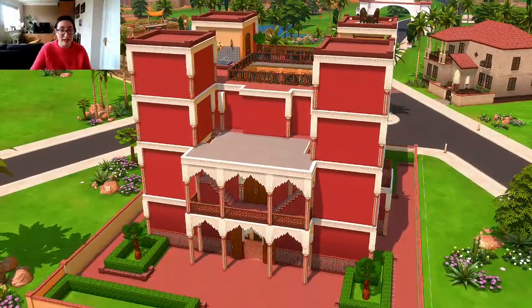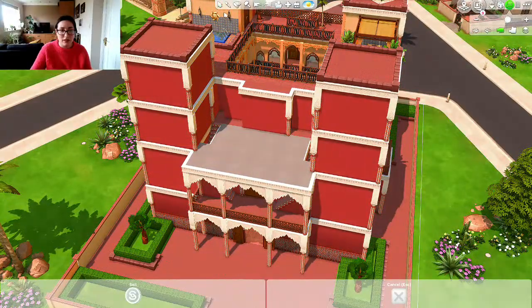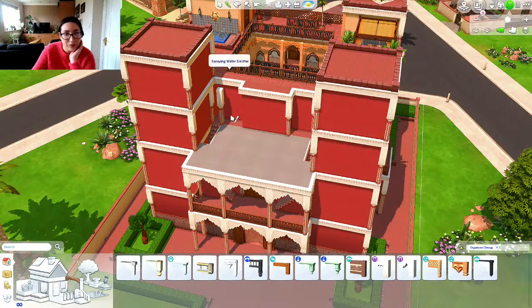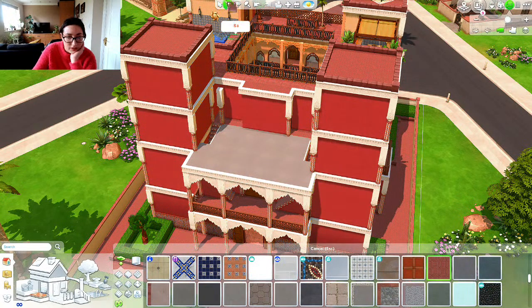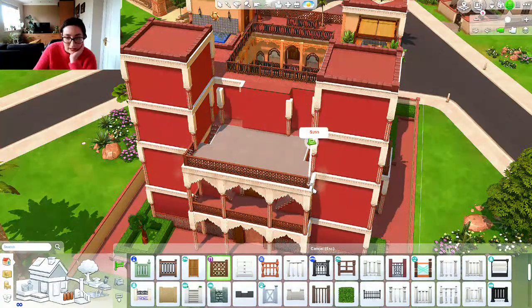Okay, I'm liking how this looks. I'm just not sure on what to do with this whole section here. If I start by putting some of the fencing on, I might not like it, and then